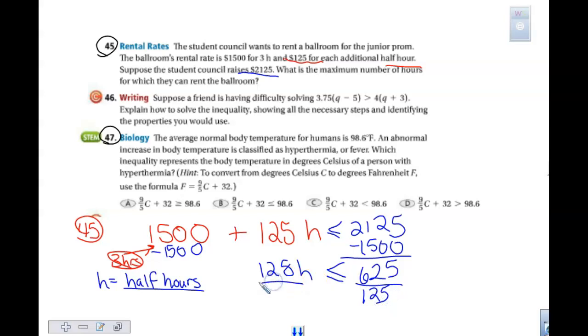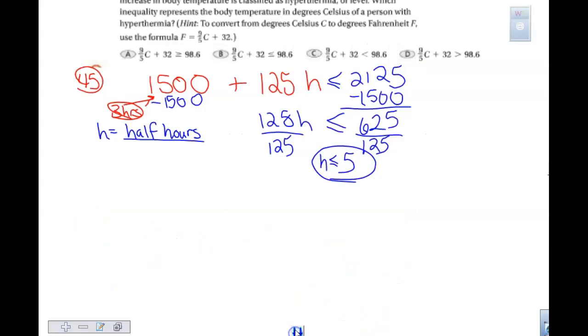And this is why I asked if you solved it. Because you get 625 divided, what'd you end up with, Mark? 5. And you're like, I looked in the back and the answer said 5.5 and I got 5. There's no way. This is less or equal to 5 what? Half. This is 5 half hours,